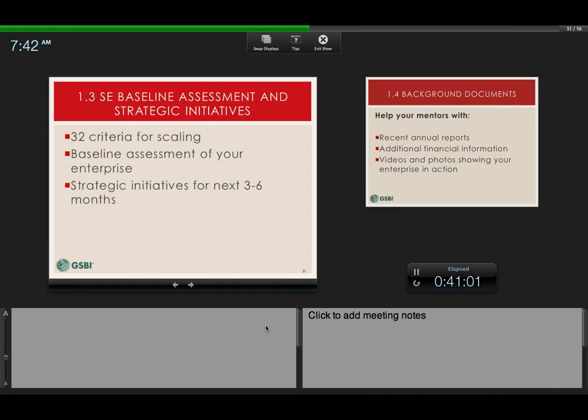The next deliverable is this baseline assessment. As Cassandra mentioned, we have the Blueprint to Scale life cycle for social enterprises, and GSBI Accelerator is all about preparing you to go to scale. So to be prepared to scale, we came up with a list of 32 different criteria that you'll see grouped into areas around social impact model, marketing, operations, team, and financing. Those criteria are laid out, and this is an assessment that you can do